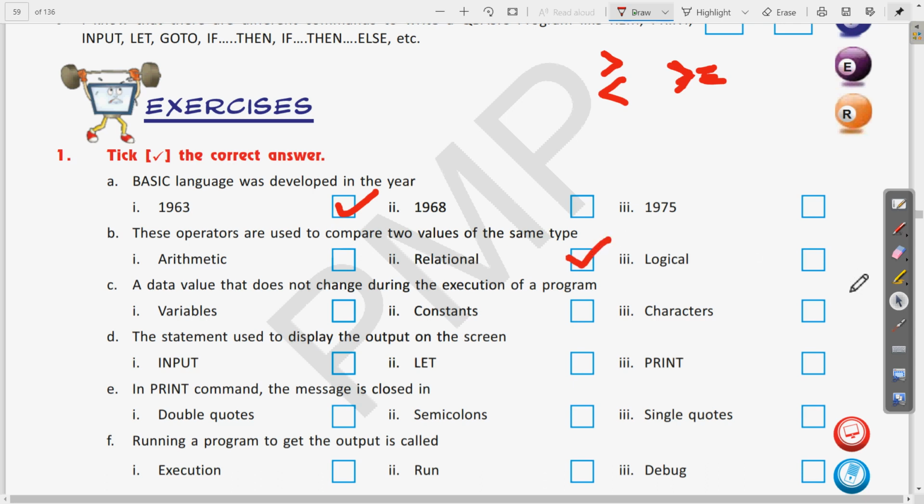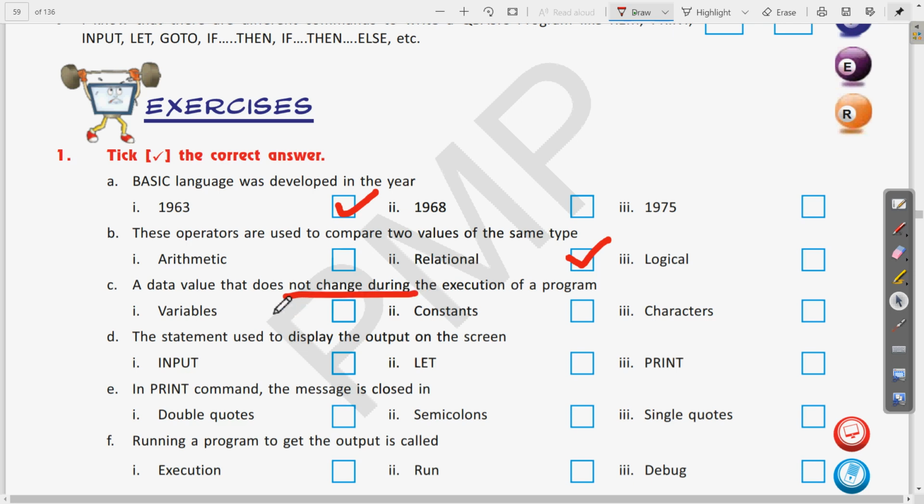Then question number three, let us erase this. Question number three is, a data value that does not change during the execution of a program. So it is talking about the value which does not change.